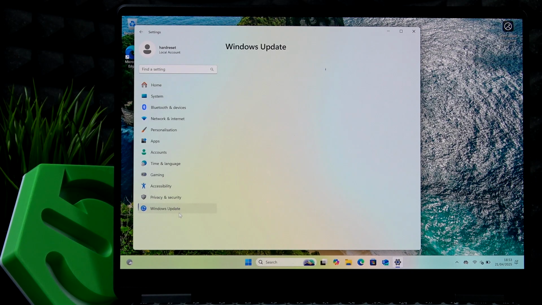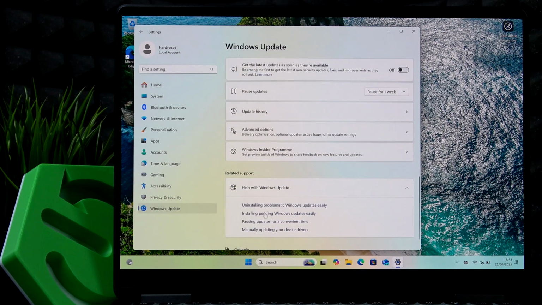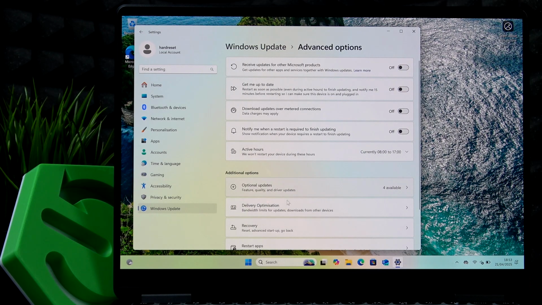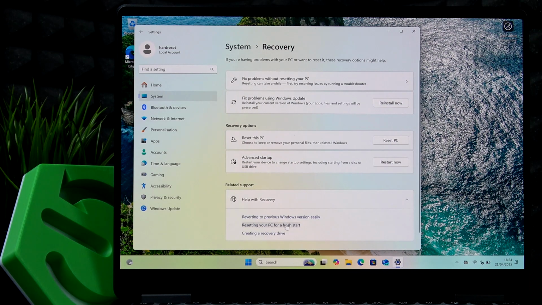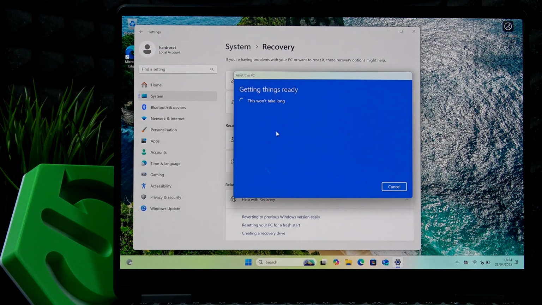But if you have, then the more convenient, easier and more secure way is go to Windows Update, then in settings, of course, then go to advanced options and find recovery. Then reset this PC, click on reset PC, and you can select whether you want to keep your files or remove everything. I think it's best to remove everything because it actually clears your system and resets it, not just